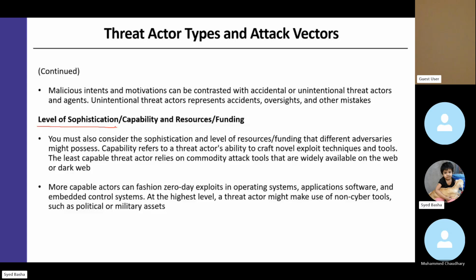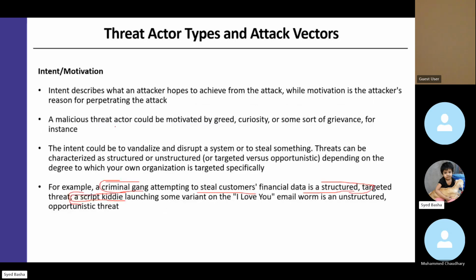How do you spell that word? Sorry, script kiddie, how do you spell it? Script kiddie, it's here. You can see my screen, right? Yes, I can see it. Yeah, this is the one.